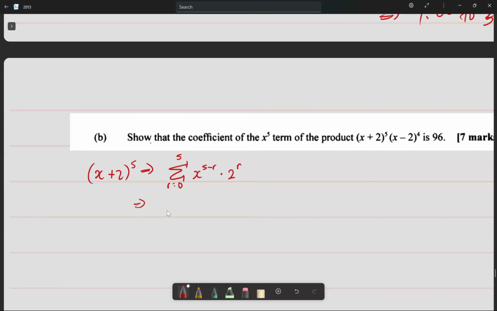So that's multiplied by 5 choose r. So it's going to be 5 choose 0 of x to the power of 5 multiplied by 2 to the power of 0, plus 5 choose 1 x to the power of 4 times 2 to the power of 1, plus 5 choose 2 x to the power of 3 times 2 to the power of 2, plus 5 choose 3 x